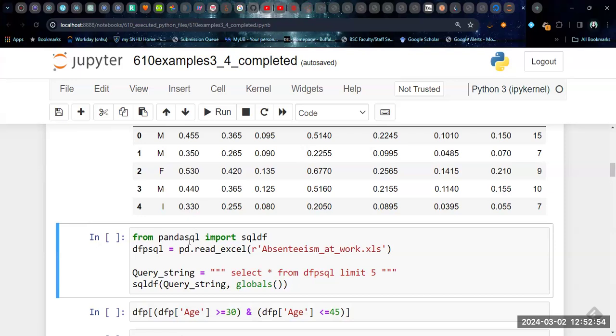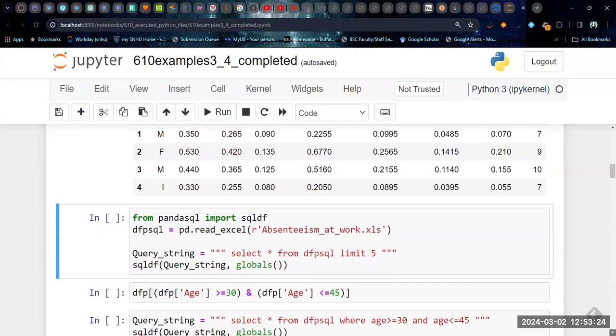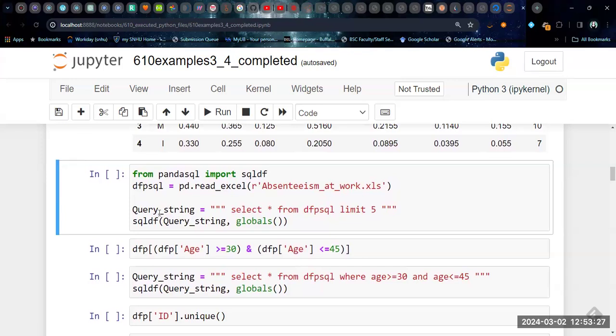So we're first going to need to import pandas-SQL from our memory. Remember, you have to have installed this. And we're going to import specifically the SQL as a data frame type of function. So we're going to read in this Excel file that we were looking at earlier, and save it as our DFP SQL package or data frame so that we can employ it. And then our query strings